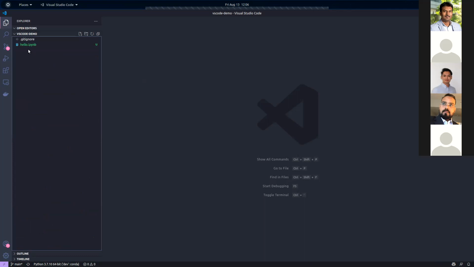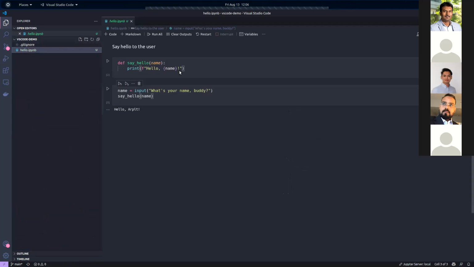I have created a Jupyter notebook over here, with a very small dummy program, which I'll be showing now. So this is my notebook.